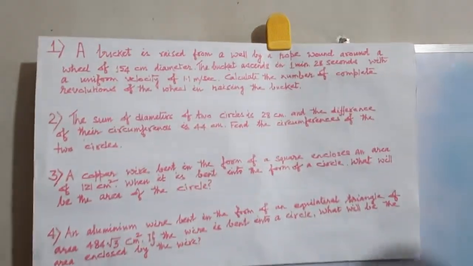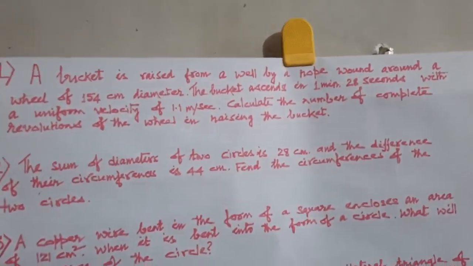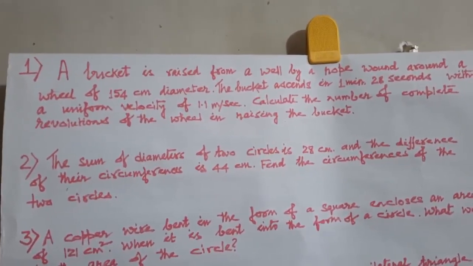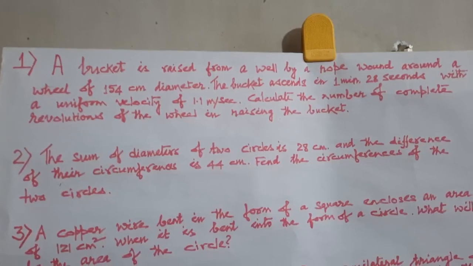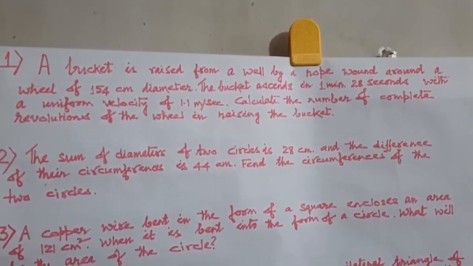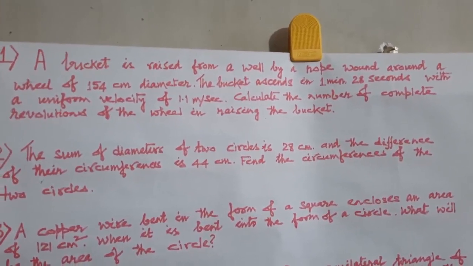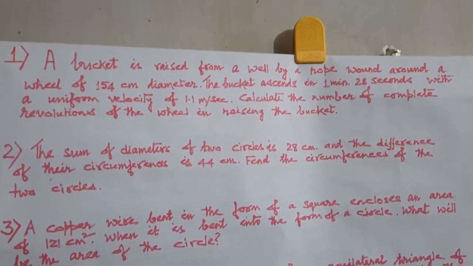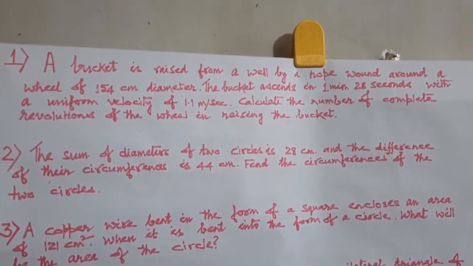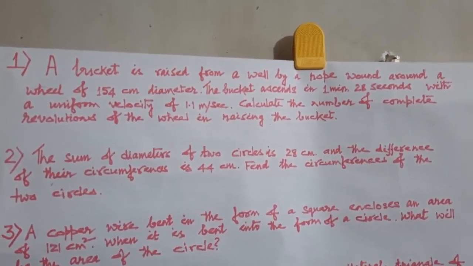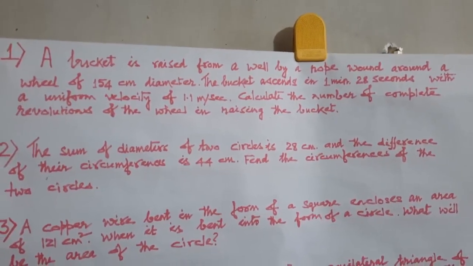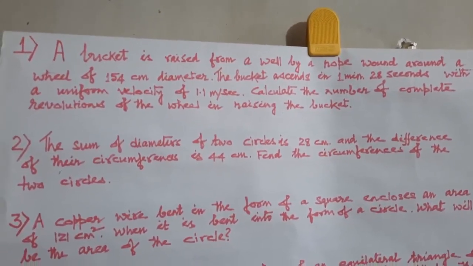Now, problem 1. A bucket is raised from a well by a rope wound around a wheel of 154 centimeters diameter. The bucket ascends in 1 minute 28 seconds with a uniform velocity of 1.1 meters per second. Calculate the number of complete revolutions of the wheel in raising the bucket. So,